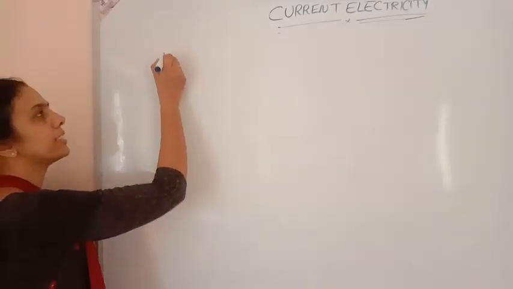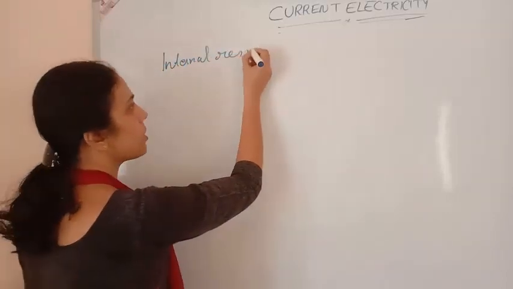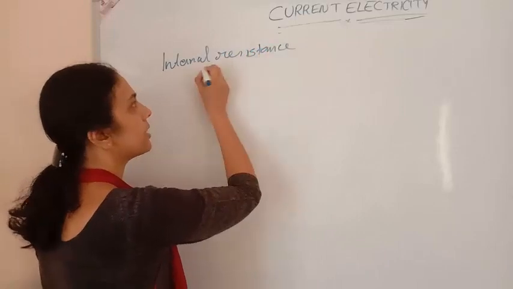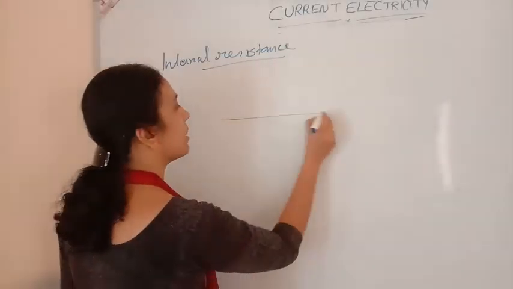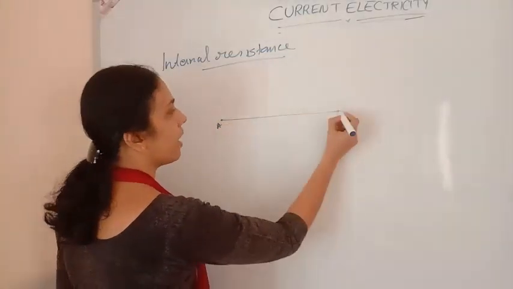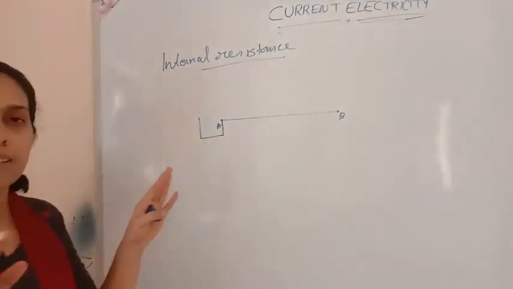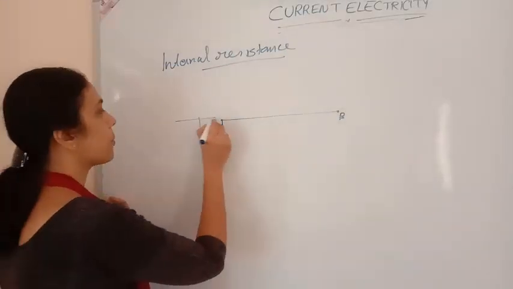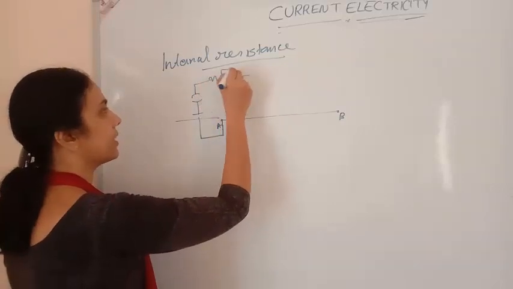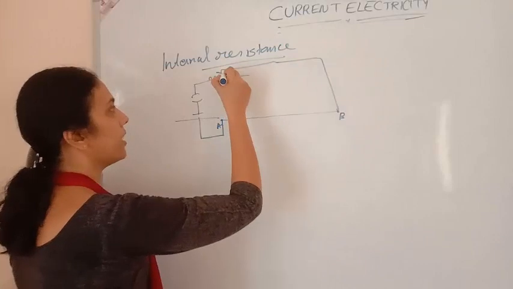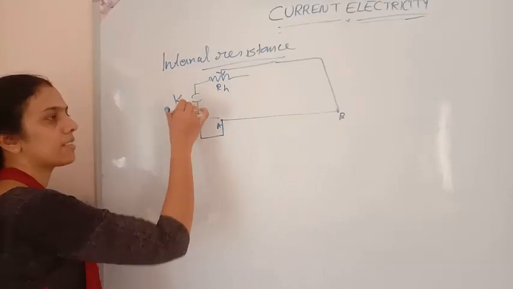Next is to find the internal resistance of the cell. This is also a practical question for you. How can we find the internal resistance using a potentiometer? I am showing the potentiometer like this, A and this is B, as we said in the previous case. The auxiliary circuit, or primary circuit, is the same: from positive to negative, a key is here, and a rheostat is connected like this. This is connected to end B. This is the rheostat, this is the EMF E, and this is K.